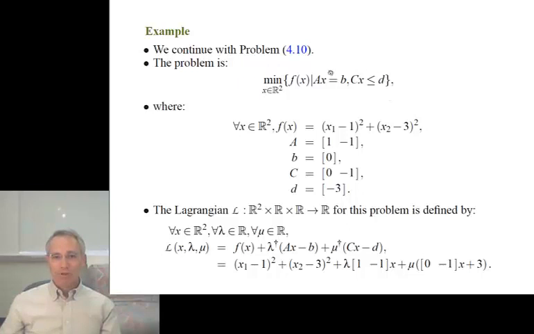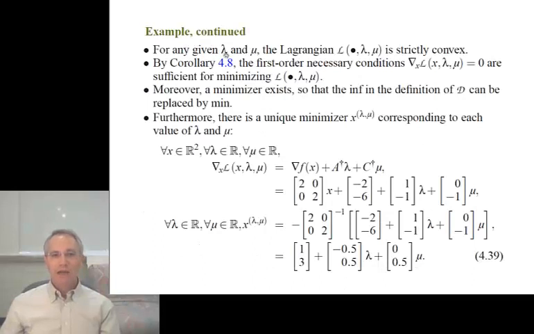Let's see an example of this. We'll consider our inequality constraint problem with the quadratic objective and linear constraints. The Lagrangian is the objective plus a term determined by the equality constraints multiplied by lambda transpose plus a term determined by the inequality constraints multiplied by mu transpose. Since we've only got one equality constraint and one inequality constraint, we've simply got the objective plus a term in lambda plus a term in mu. For any given lambda and mu, that Lagrangian is strictly convex. We can minimize it by